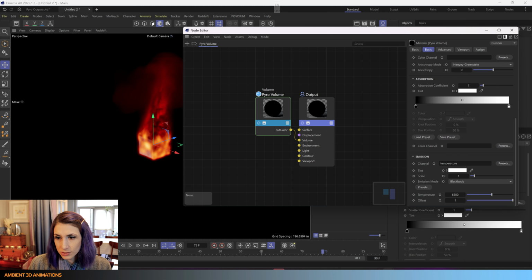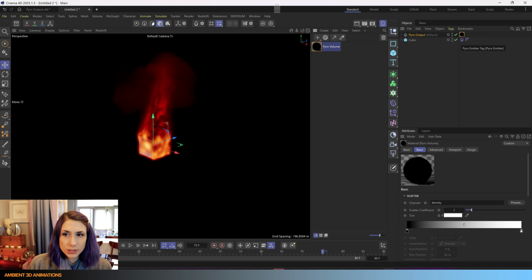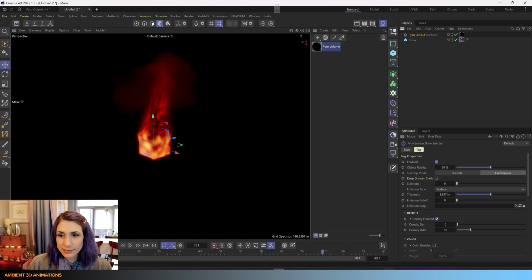So you can see that's controlling that there. And that's automatically set up for us when we use that Pyro volume, which is really nice. You can also set it up manually by selecting density in here if you wanted to. You'll notice that you can also put a color channel in here. So if you want to add more to this, like for instance the color channel,